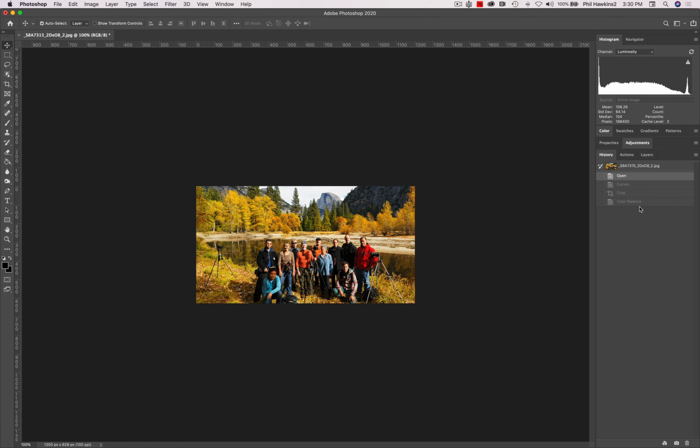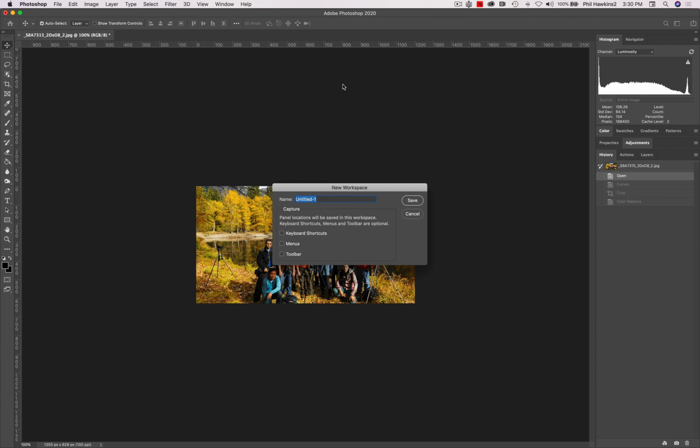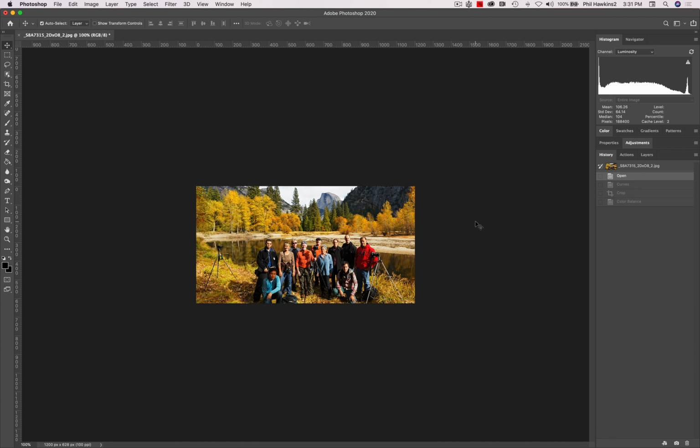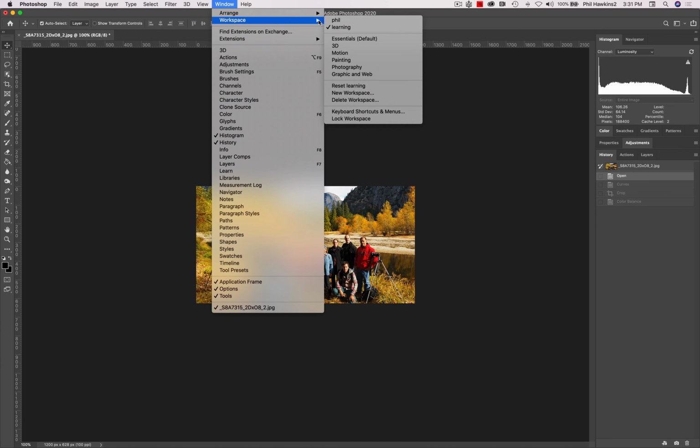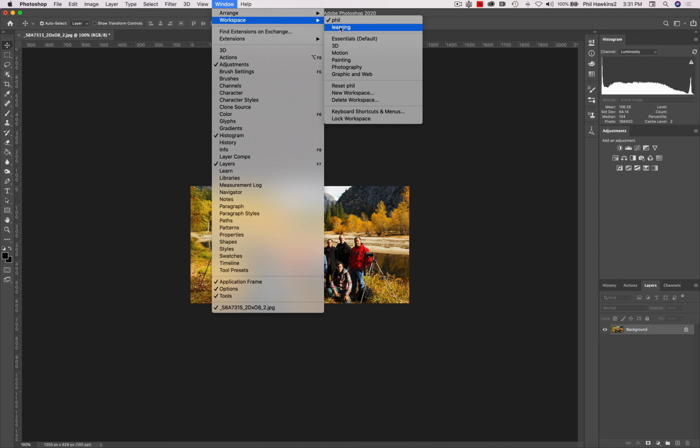Now you've got your adjustment panels organized the way you want them. What you want to do is come up to Window, Workspace, New Workspace, and let's call this Learning, and you hit Save. And then you have your own personal workspace. So if you have someone else in your family that's using Photoshop and they like to do other things, they can arrange their function panels the way they want it. So they can come in and go Workspace, click on Fill, and this is how I like my workspace to look, okay? And then someone else can come in and say, I like the way it looks in Learning, and